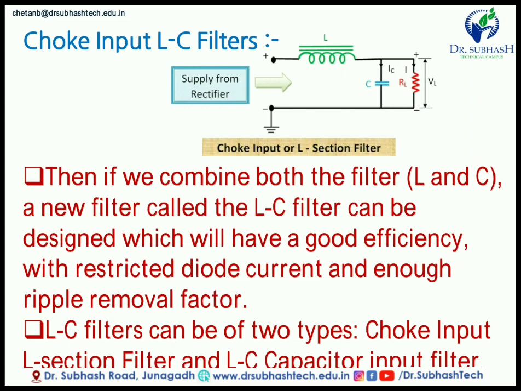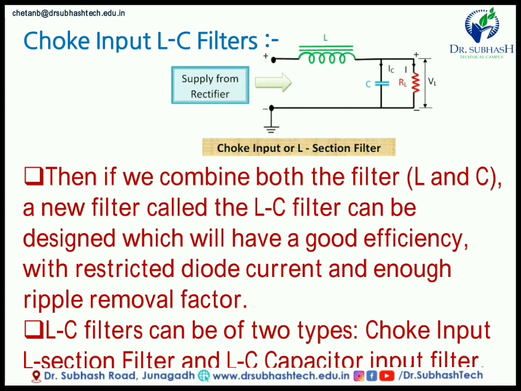Whenever we give input to this capacitor or to this inductor, according to this combination, two types of LC filter are there. So we can say that only an inductor filter or only a capacitor filter gives less pure DC output compared to the choke input LC filter, because here the filtering process occurs two times. So here we get a pure DC type waveform. So this one is about the choke input LC filter.